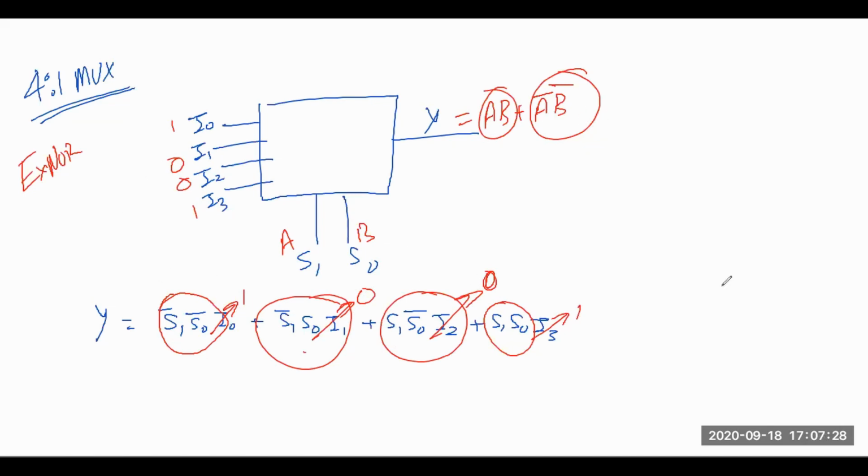So I'm giving 0 0 here, and at the end I will get AB plus A bar B bar. From these types of realization, you can conclude that if you have two variables, you can design that circuit or that expression using only one 4:1 multiplexer.